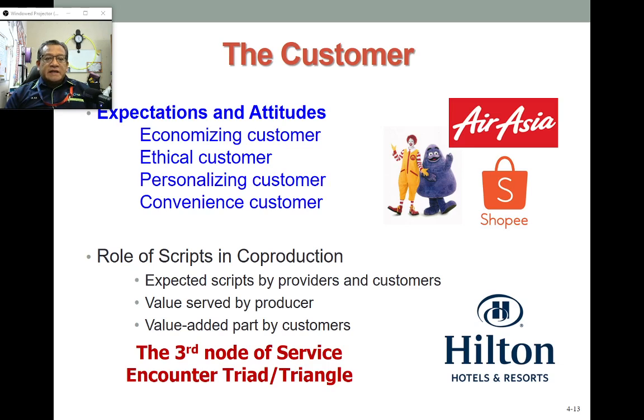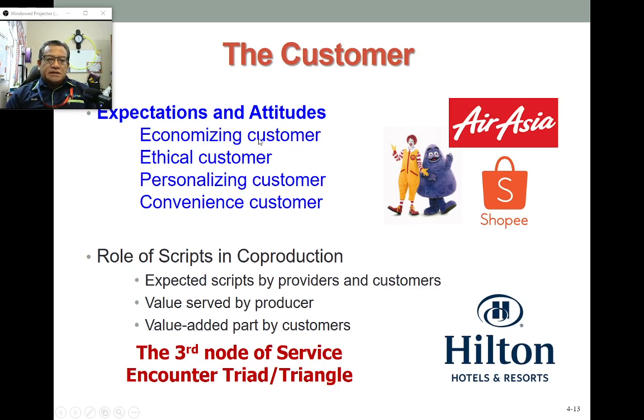Okay, so expectation and attitude in the form of convenience for the customer. As customers, since we think that we have paid for the service, we expect convenience. The transaction should be smooth, fast and comfortable, making us happy. If you shop at Shopee, they will make it convenient by giving you tokens or coins to keep retaining you as a customer, and you may make a repeat purchase at Shopee because of the tokens or coins reserved for you as an incentive of the purchase.